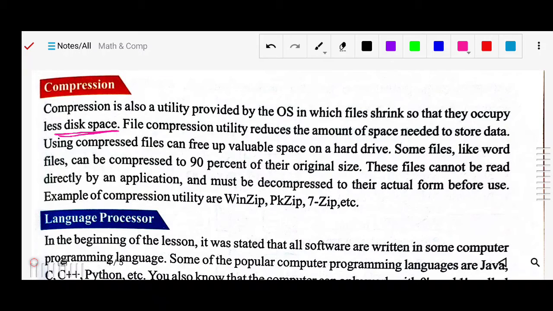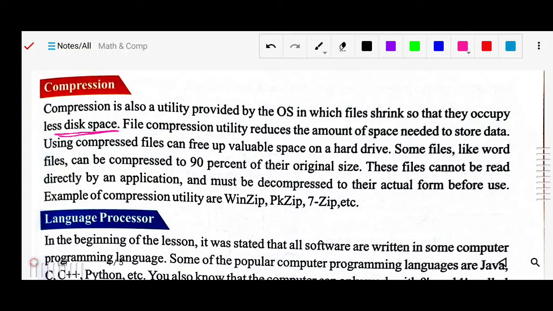So a file compression utility reduces the amount of space needed to store data. Using compressed files can free up valuable space on the hard drive, because many files take up a lot of space, so they can be compressed to make some space free for other uses.